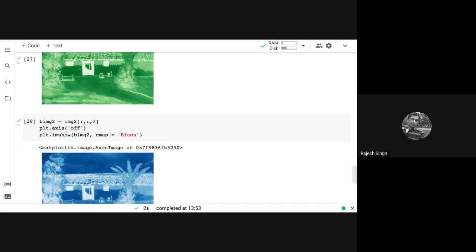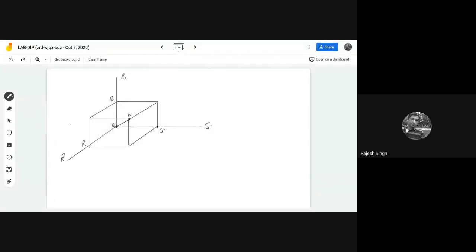So we all know here that the CMY values, where C stands for cyan, M for magenta, Y for yellow, are actually, depending on what scale you are using, 1 minus RGB value if you are using 0 to 1 scale, and if you are using 0 to 255 scale, then it is 255 minus individual values of RGB.